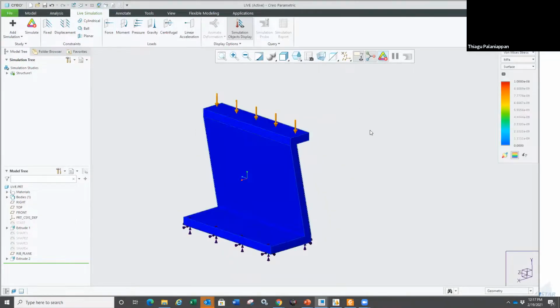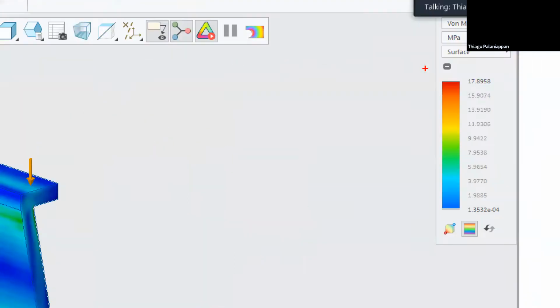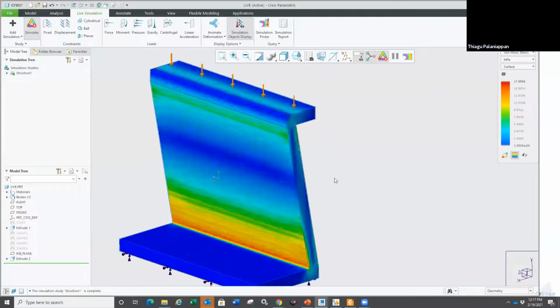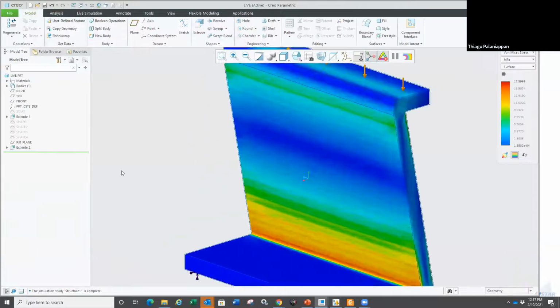I just say, show me the result. So this is something I didn't set up anything, right? Unlike the previous bracket, I just created a couple of extrudes, and I'm looking at the stress in here, and it says it's about 17 megapascal, right? Right in there. Now I'm thinking, okay, I'm going back to my design mode, or I'm in Creo and saying,